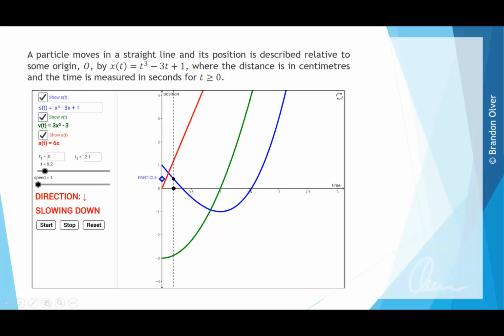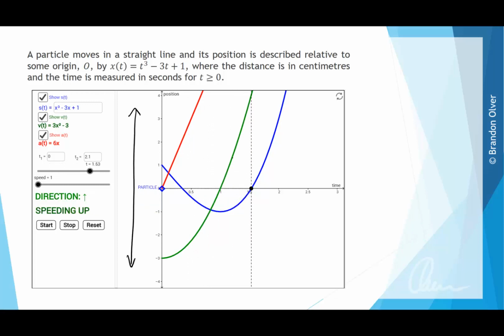A particle moves in a straight line and its position is described relative to some origin O by the equation x of t is equal to t cubed minus 3t plus 1, where the distance is in centimetres and the time is measured in seconds for t greater than or equal to 0. So as you can see, as we let t go from 0 onwards to positive numbers, the particle moves up